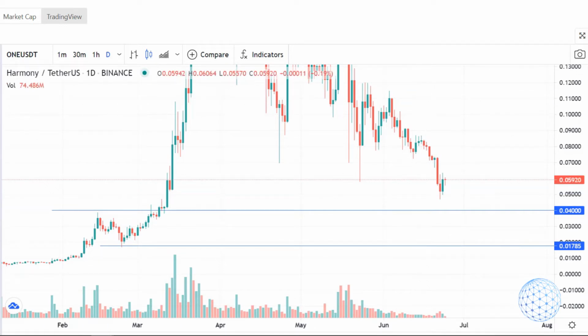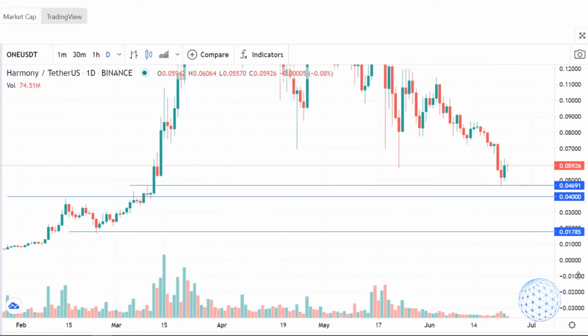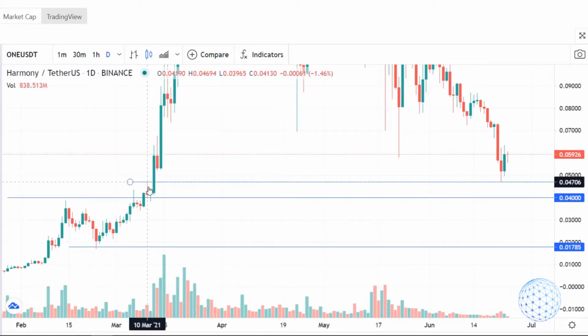Of course, the most recent one, which actually was a resistance as well. So right over here, you can see the price stopped, formed this reversal candlestick, but the price continued higher in March, and now the price stopped as well at this level. So all of these support levels are very important. In this case, it was at about